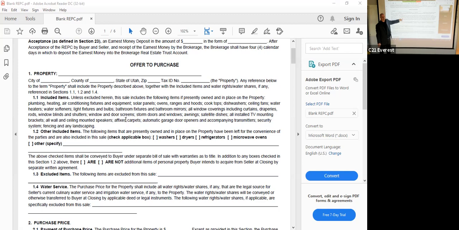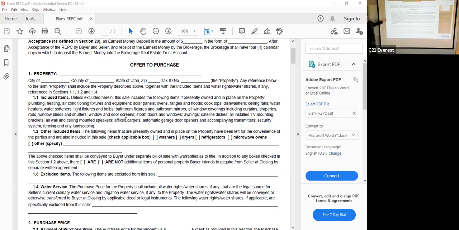So they added this language in, but now it makes far more sense. The light bulbs that are in place, if it's a smart light bulb, that's the bulb that must remain, not just any basic light bulb. Okay. And then, garage door openers, fixed carpet, speakers, mounting. Okay. The other thing that happens, and this is where it's become a little bit more